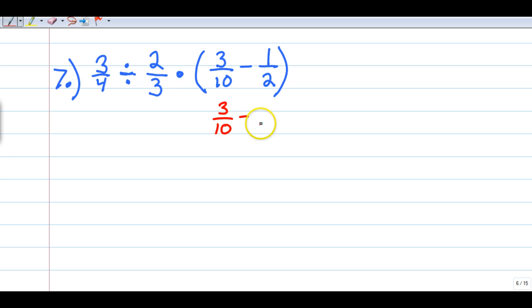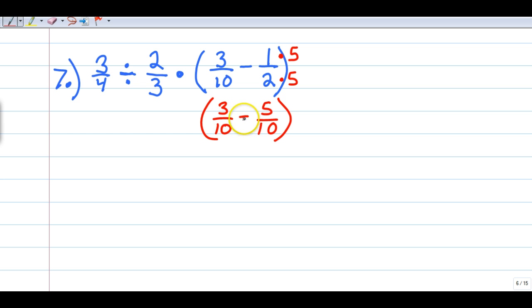Our second fraction, we will change that 2 to a 10 by multiplying by a 5. Whatever we do to the bottom, we do to the top to create an equivalent fraction. So 1 times 5 to get 5. We now have created a subtraction problem with fractions that contain the same denominator. Now we can complete our